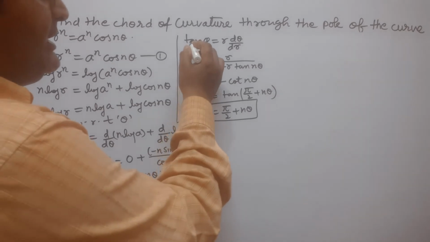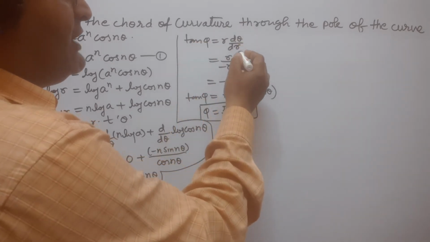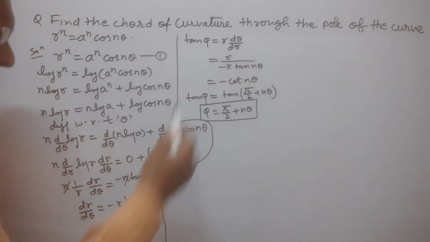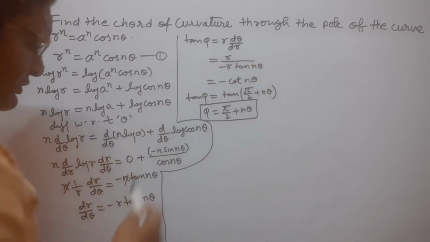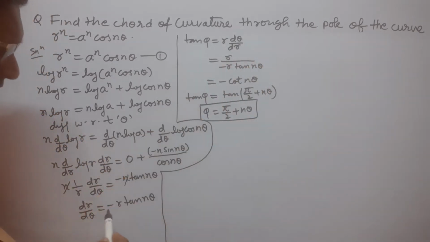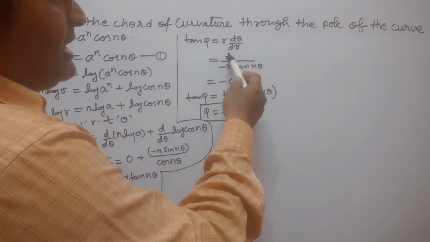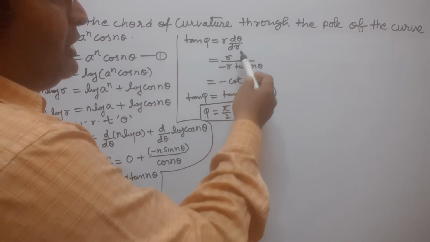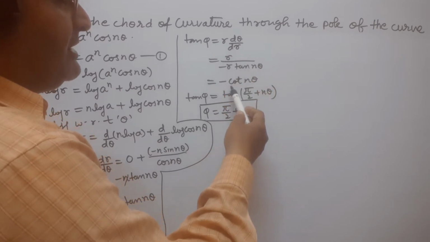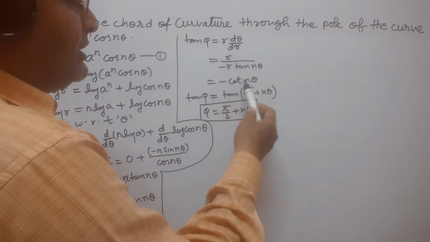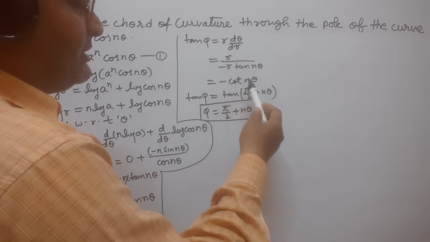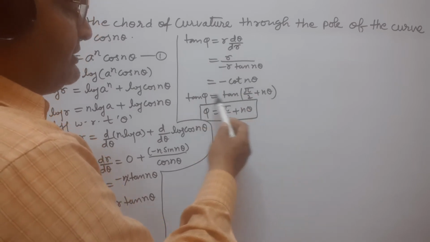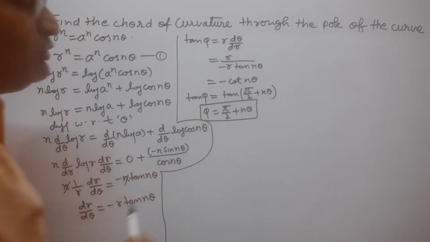Now आप देख सकते हैं tan phi इक्वल टू r d थीटा बाई डी आर होता है, ये फार्मूला है. अब d थीटा बाई डी आर निकालने के लिए dr बाई डी थीटा का रेसिप्रोकल करेंगे. We find the reciprocal of dr by d theta, we get d theta by dr. So d theta by dr is minus 1 upon r tan n theta. Now this r cancels in the numerator and denominator. So 1 upon tan n theta can be written as cot n theta, and minus cot n theta can be written as tan 90 plus theta, because tan 90 plus theta is equal to minus cot theta.